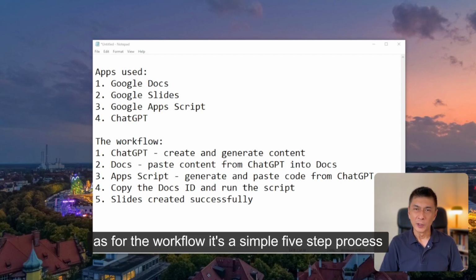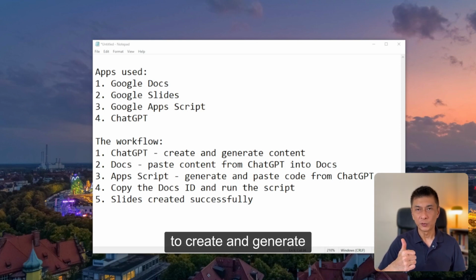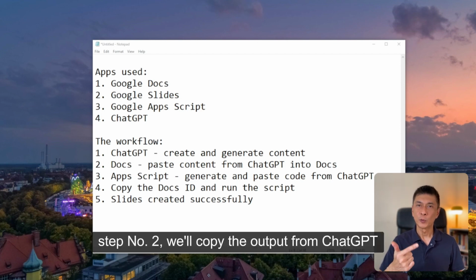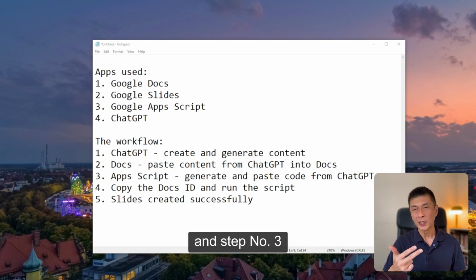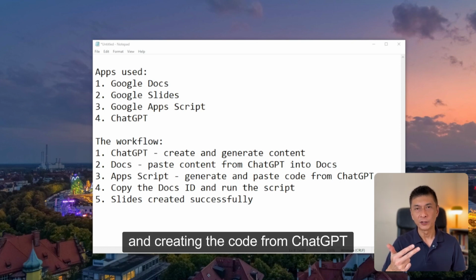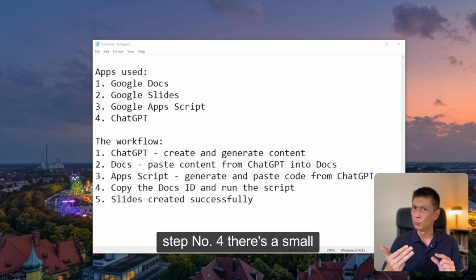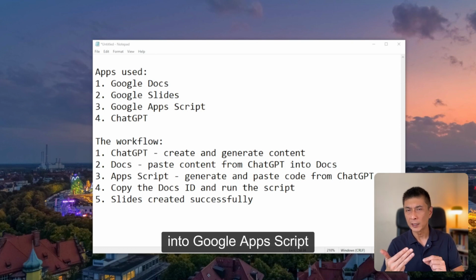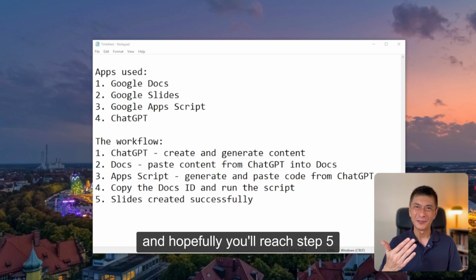As for the workflow, it's a simple 5-step process. Step number 1, we'll use ChatGPT to create and generate the content of the slides for us. Step number 2, we'll copy the output from ChatGPT into Google Docs. And step number 3, we'll be taking a look at Google Apps Script and creating the code from ChatGPT. Step number 4, there's a small tiny thing you need to do by copying the file ID of the Google Docs into Google Apps Script, save the script, run it, and hopefully you'll reach step 5 where the slides will